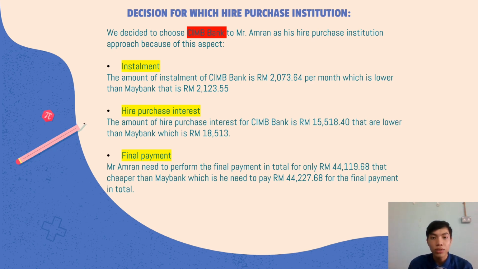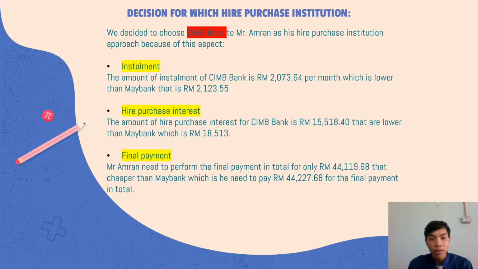So we made a comparison between CIMB Bank and Maybank. We have decided to choose CIMB Bank for Mr. Amran as his hire purchase institution because of these aspects. For the first aspect, installment, the amount of the installment of CIMB Bank is 2,070 ringgit and 64 cent per month, which is lower than Maybank at 2,123 ringgit and 55 cent. The second aspect is hire purchase interest. The amount for CIMB Bank is 50,580 ringgit and 40 cent, lower than Maybank, which is